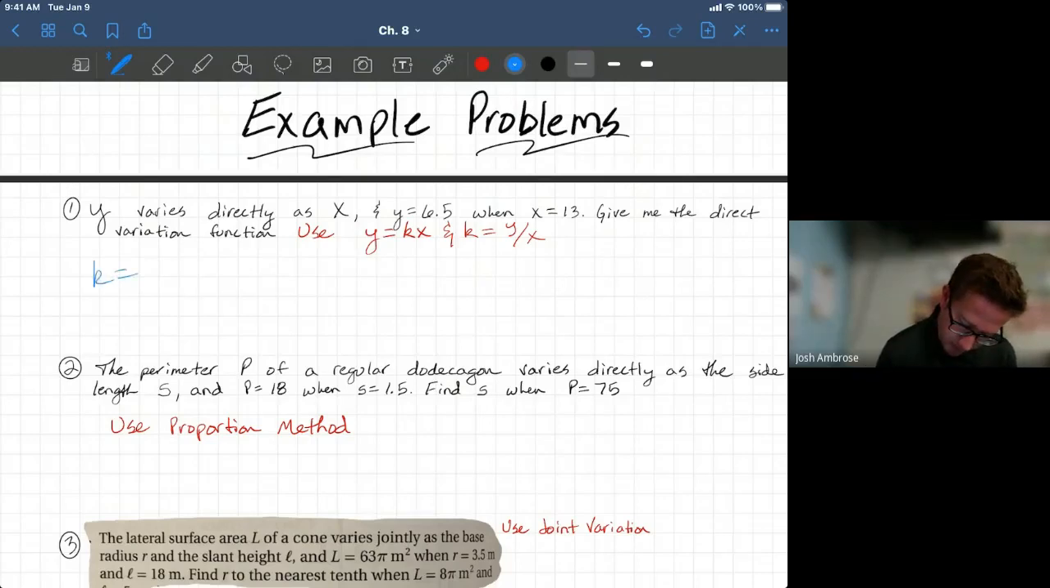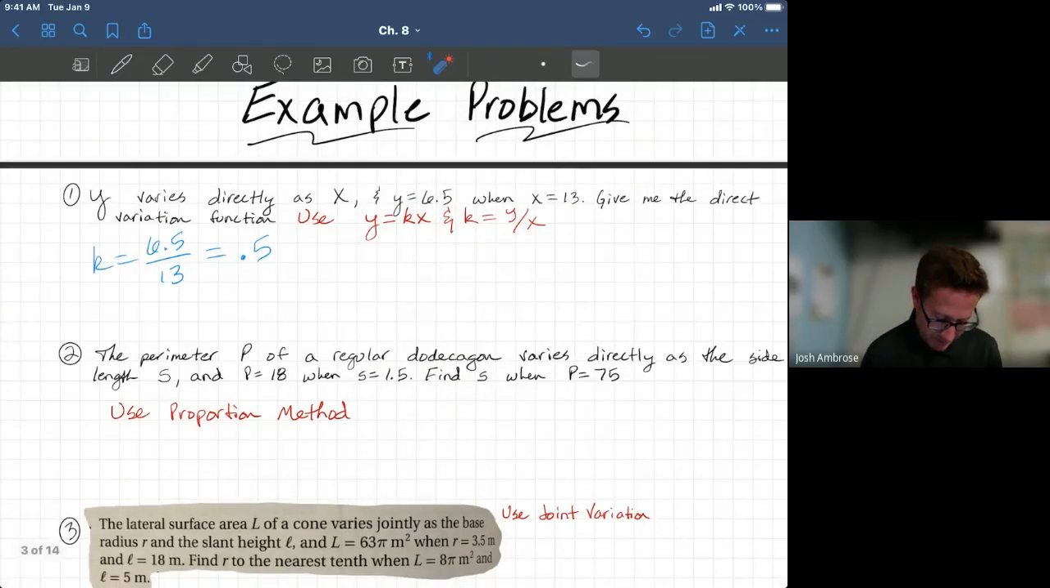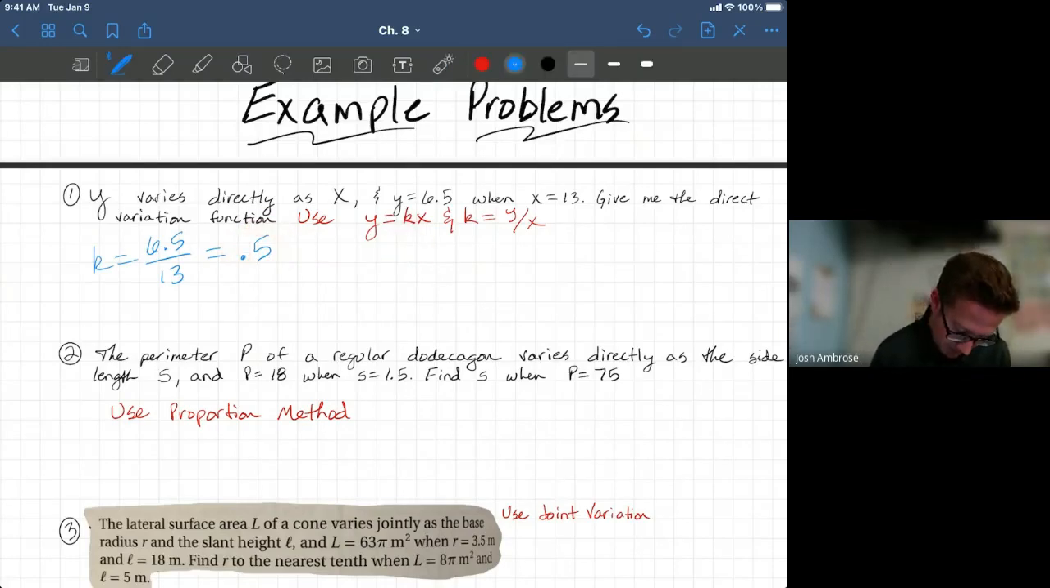K equals 6.5 over 13. All right, again, that's the equation we're using right there. This is going to equal 0.5. So k is 0.5. Then take the k value, plug it in to the original function equation, and we are